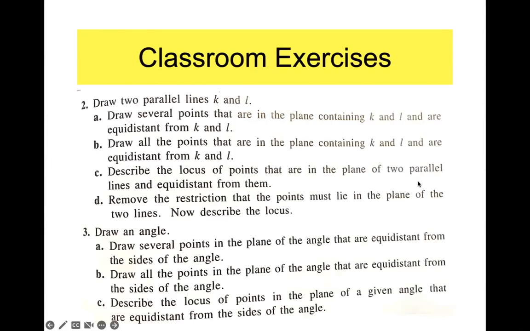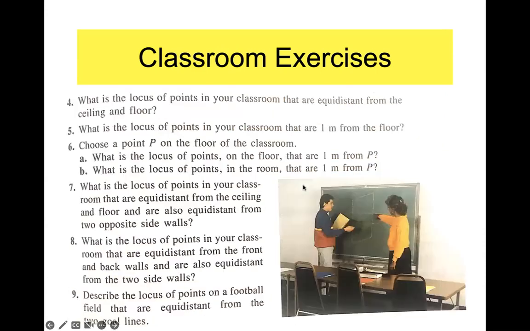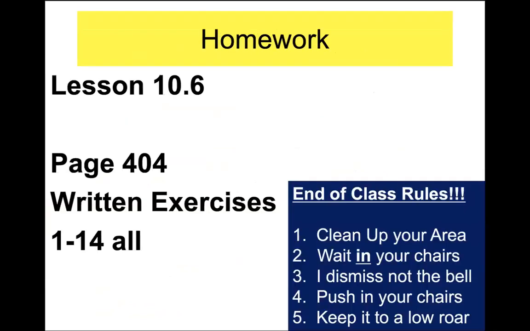All right, homework will look something like this. Notice that you're given here, number 2, it says draw 2 parallel lines, K and L. That would be your given. On number 3, draw an angle. That's your given. And then A, B, C, D lists your condition. All right, so I'll end up showing you the homework